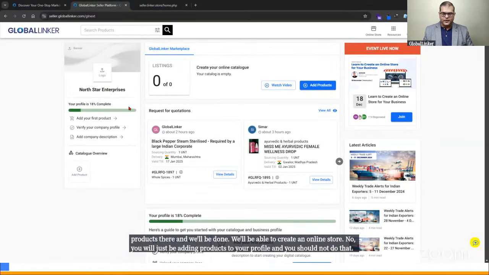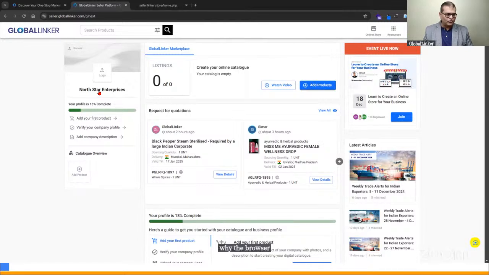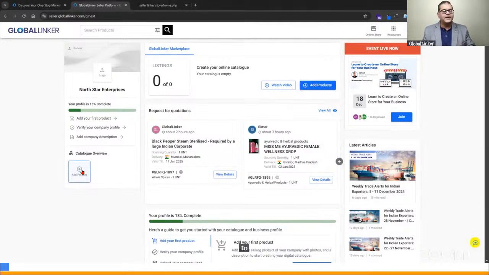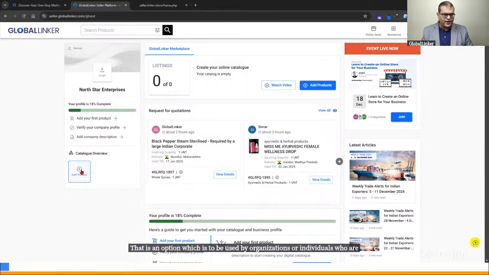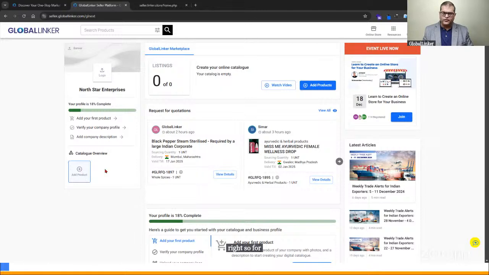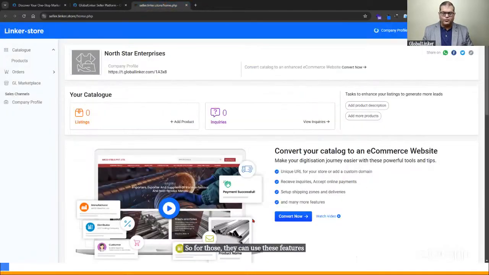Why the browser hangs up, I'm not sure, but you will be adding products to your profile. You will not be creating an online store, right? That is an option to be used by organizations or individuals who are not interested in having an online store. They can use these features. But for us, we have to create on convert.